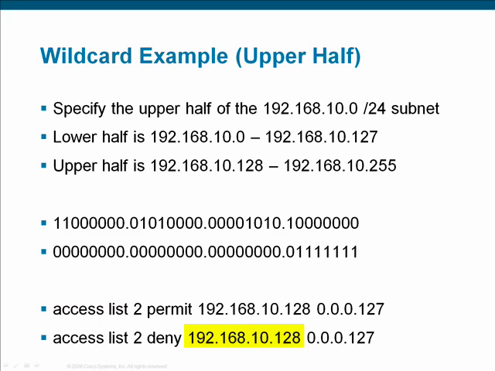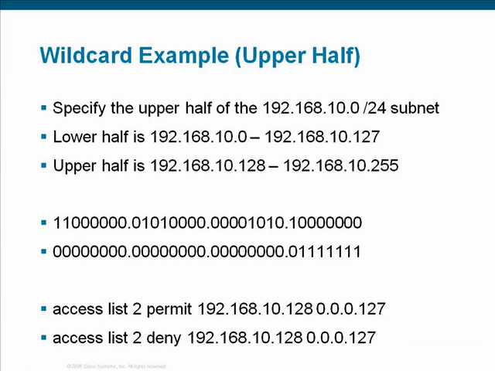192.168.10.128. We then ask ourselves which bit positions must match between a packet's source address and the address contained in the ACL in order for the ACL to act upon a packet. We know that the first 24 bits, 192.168.10, must match. Now let's look at the rest of the address. The numerical upper half of the 192.168.10.0/24 network is the range 192.168.10.128 through